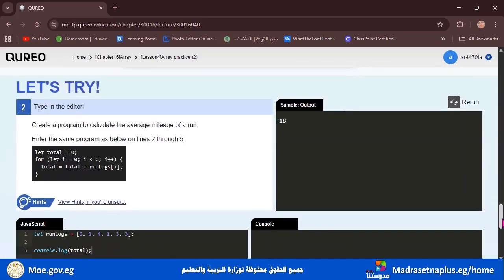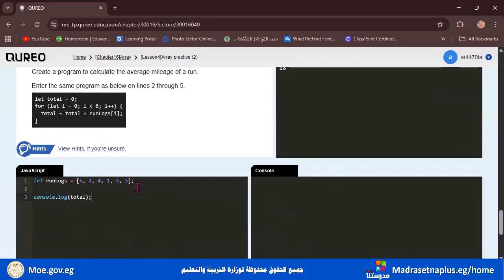So now, after we wrote this line, we will continue here by writing let total equal 0 and end with a semicolon.